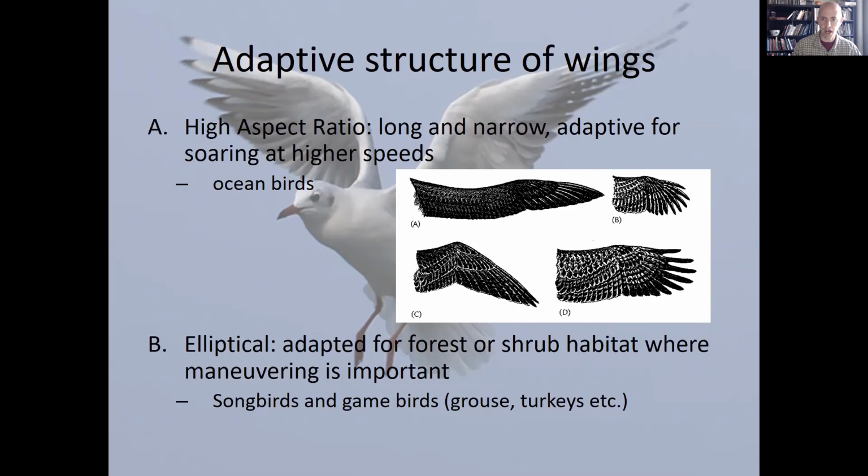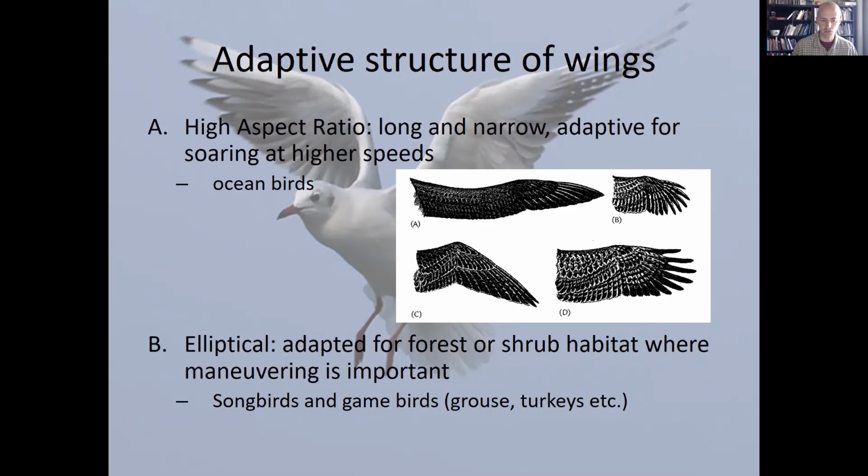Being broad means they're going to have fairly high drag, meaning that they are not going to be super fast flyers unless they flap really hard. But because they're short, they're going to be maneuverable. Okay, so these elliptical style wings that are short and broad are going to be great for living in